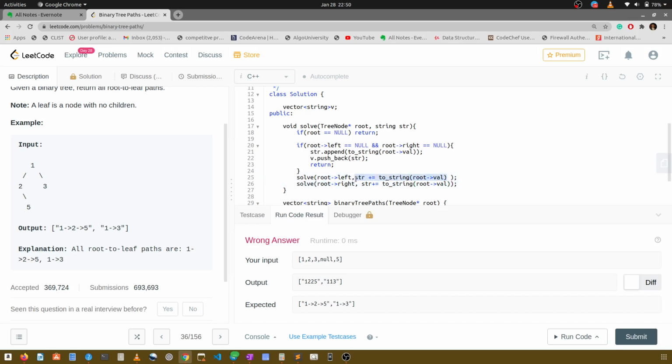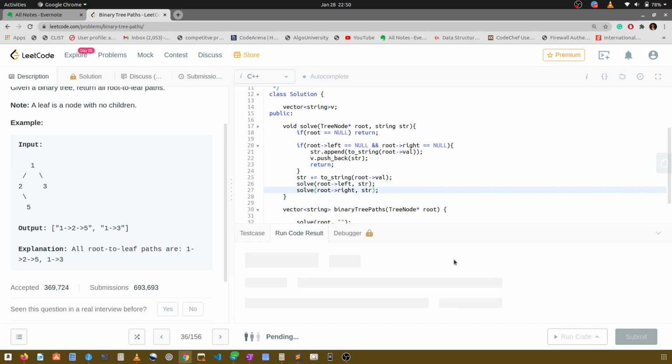So if I do it before, only here, to_string root val, and I will simply pass my string here, and instead of doing this here also, I will simply pass my string. Let's run it. What happens?